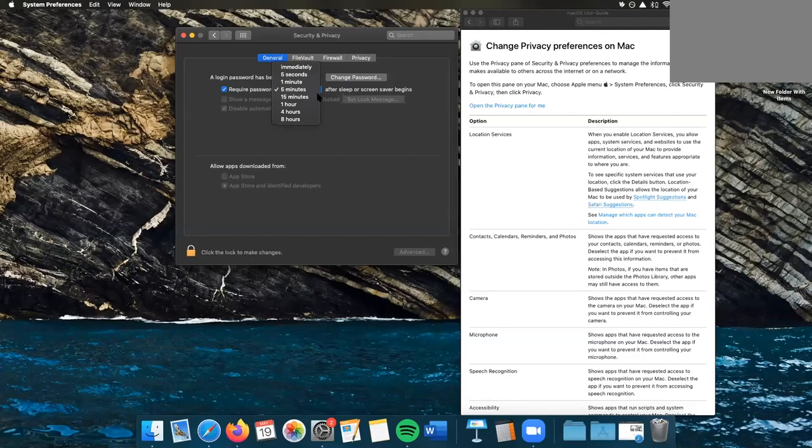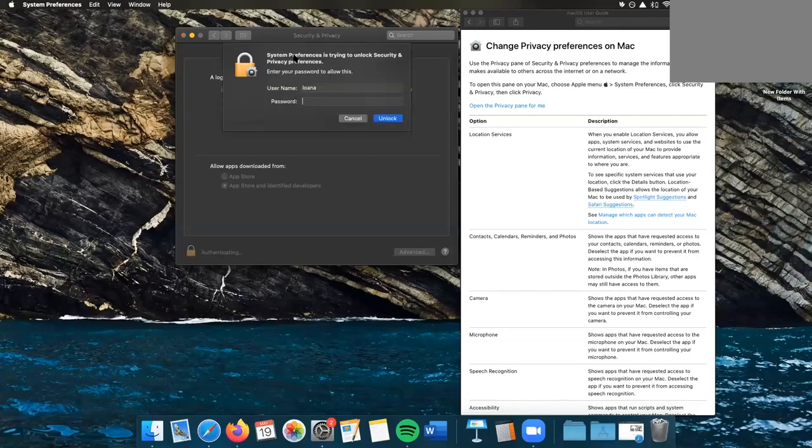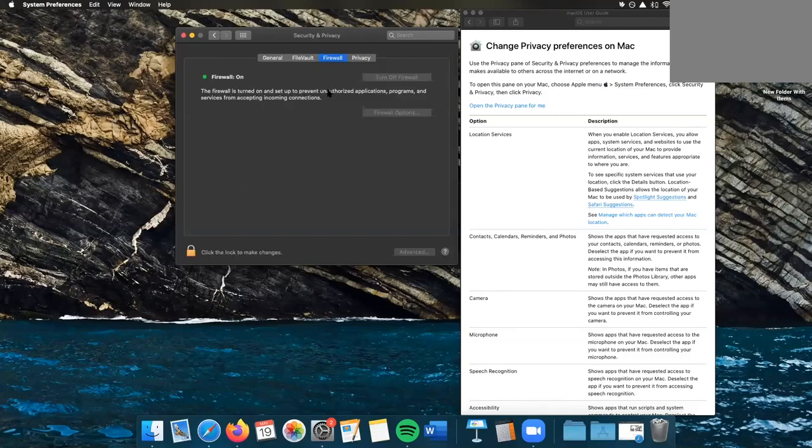I can't change anything right now. It asks me for my password automatically. So just making sure that no one else has gotten into your computer somehow and is trying to change your information or your settings. So for firewall, this is just an extra